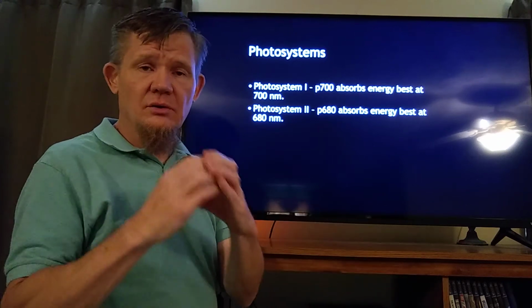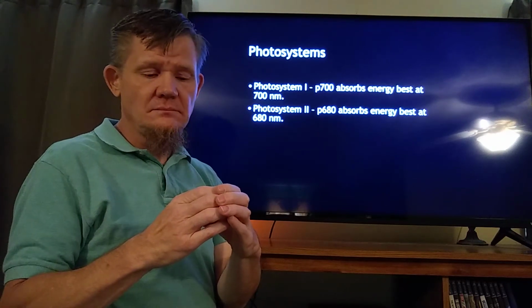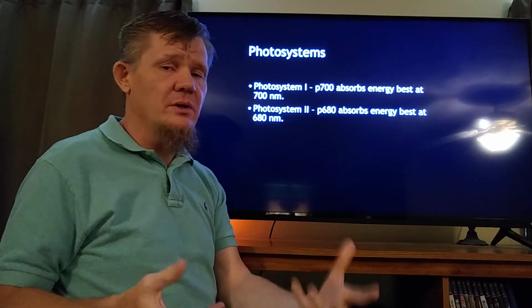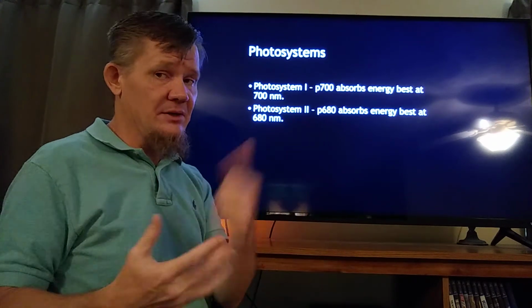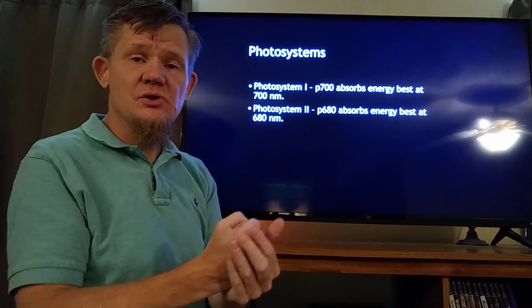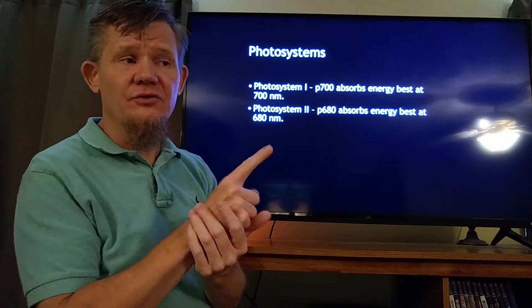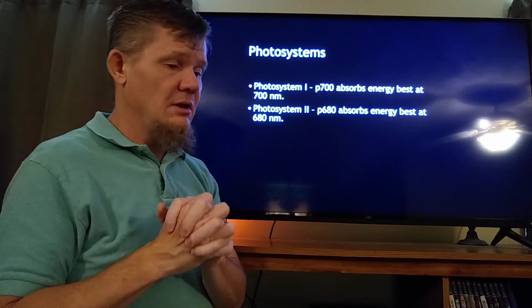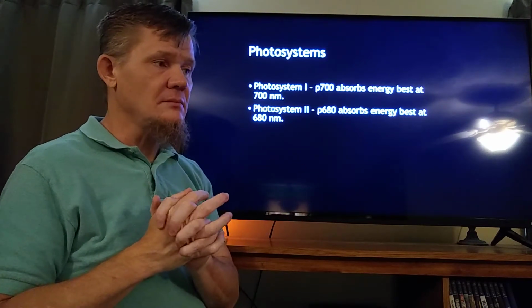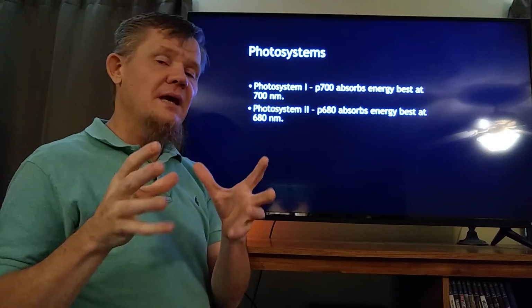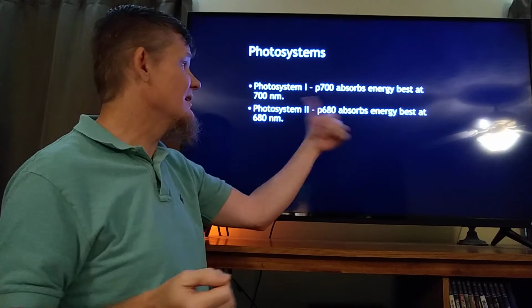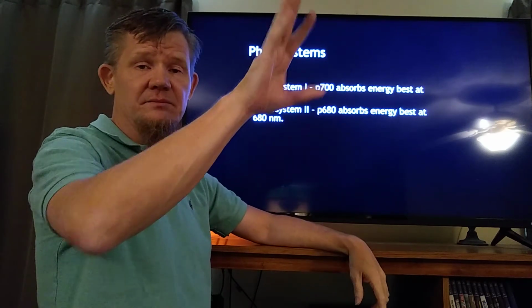So my molecule of chlorophyll B is referred to as P680. Why? Because it absorbs red-orange best, or 680 nanometers best. Photosystem 2 begins with a molecule of chlorophyll B getting struck by light. Imagine, if you will, that instead of a molecule of chlorophyll being struck by light and then that molecule ejecting a high-energy electron, imagine